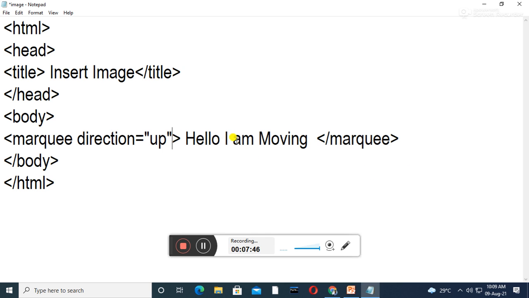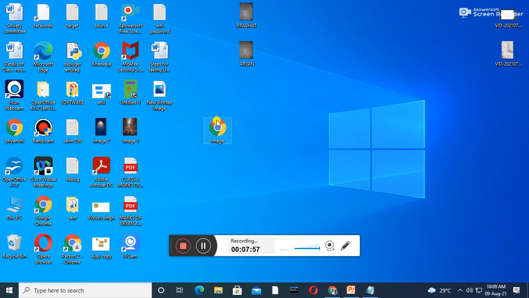Here I have written hello I am moving. Save this file after changing, and now run this file. Look here, up. It is moving upside, wherever the text is written.